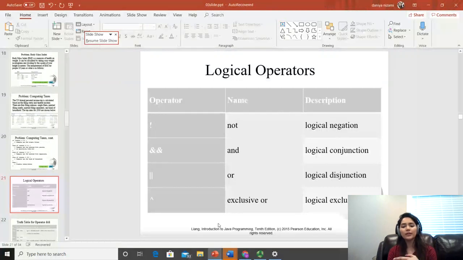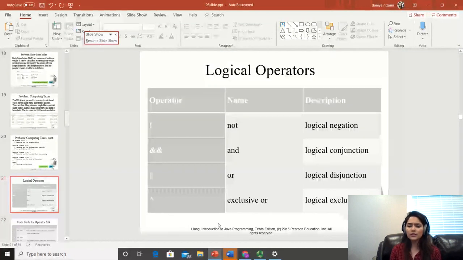Let me just share with you that the most common operators you will use in Java programming will be the and and or logical operators, which you will use a lot, as there will be so many conditions where you need these two operators. Not will be used slightly, but there is less chance of using exclusive or. When you move forward to more complex programming questions, there you will be using exclusive or.